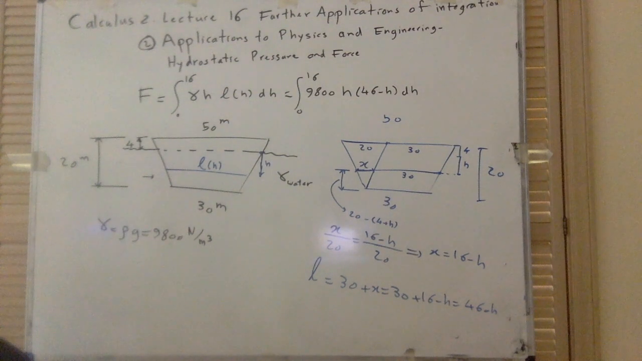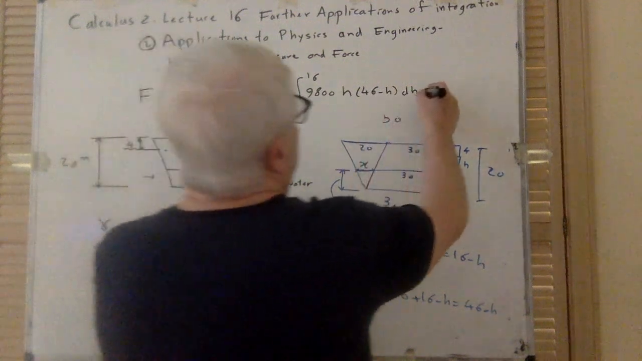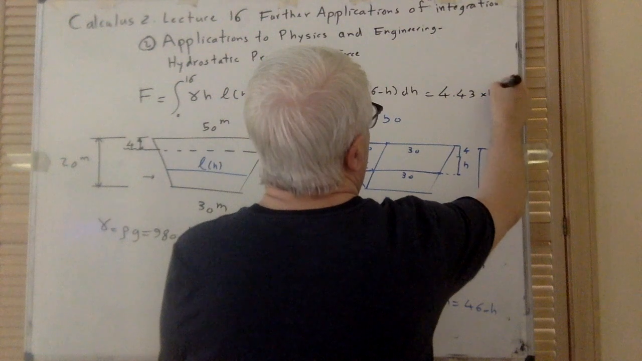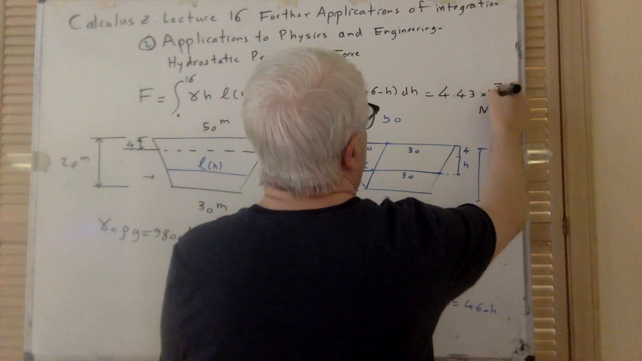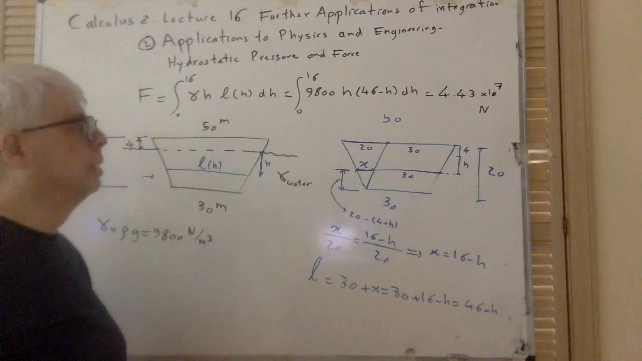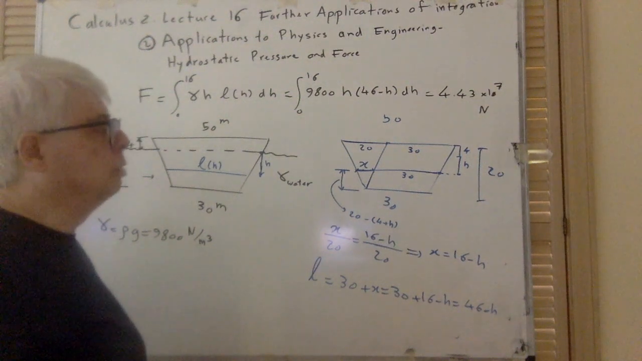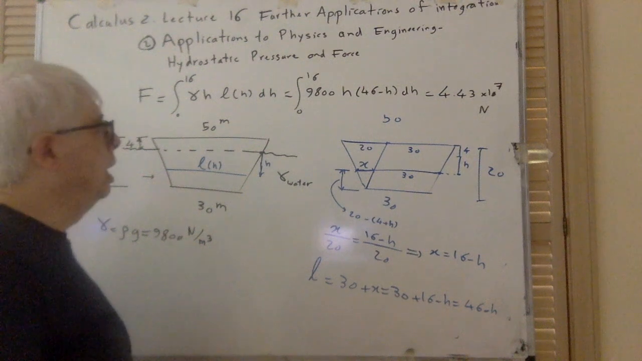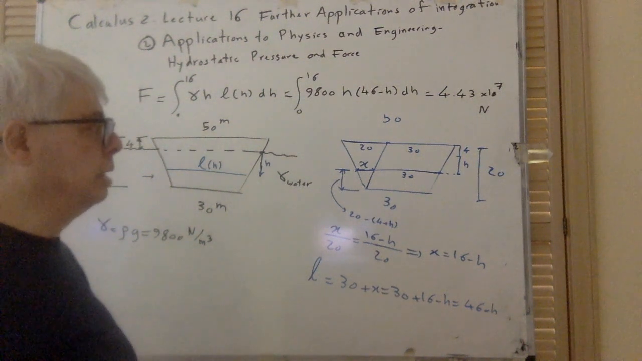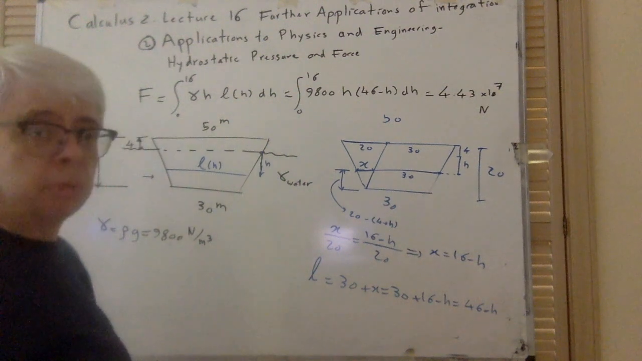the book has 4.43 times 10 to the power 7 Newtons. And look at this, it is a huge number. In fact, it should be. Anyway, so that is how you do it, and this is a simple problem, except